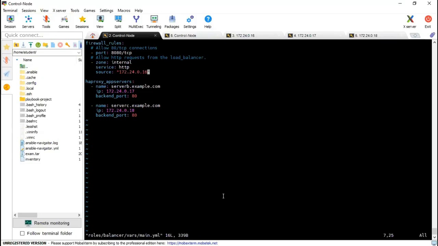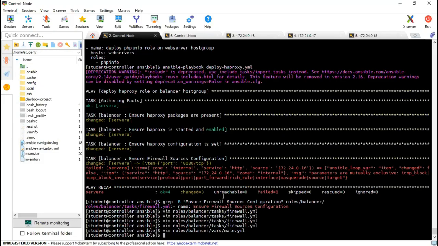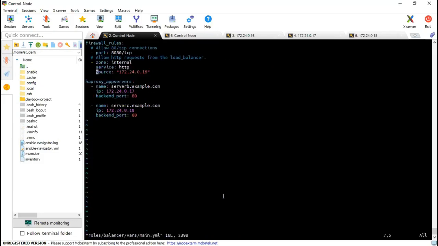Seems some problem here. 172.24.0.16, 16 is my server A. TCP. It seems fine. Why is it giving me error then?